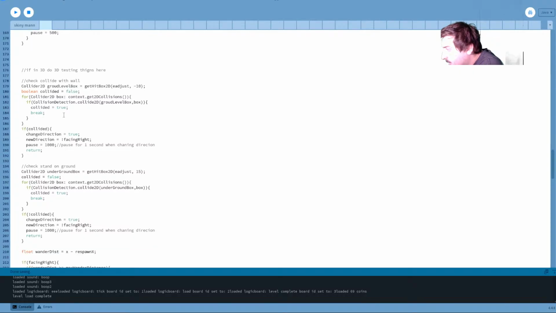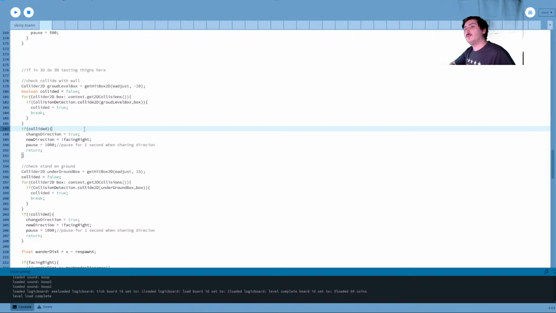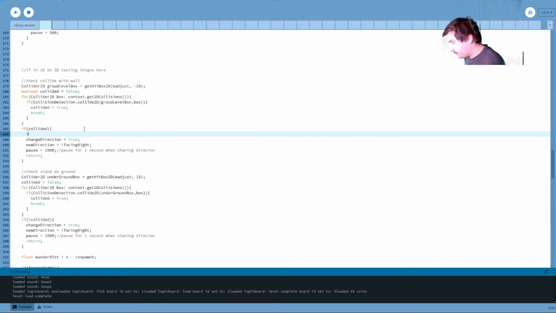So then down here, we will... Well, okay, we don't want it to try walking farther than... Okay, so here's what we're going to do.